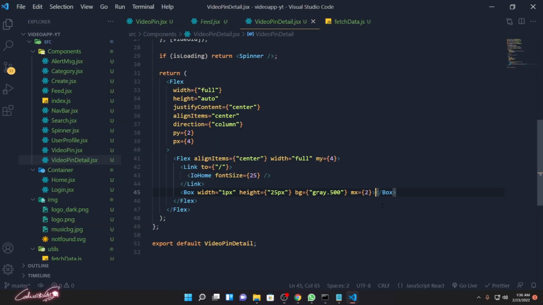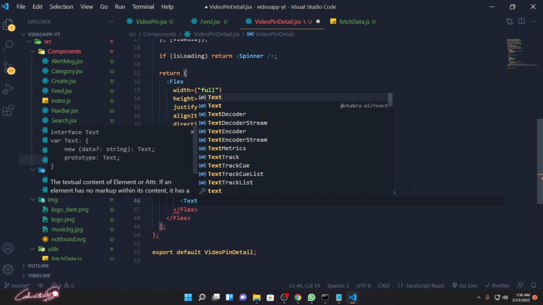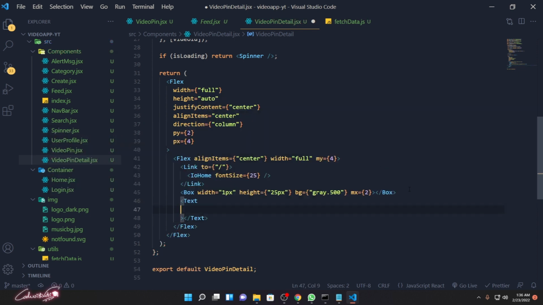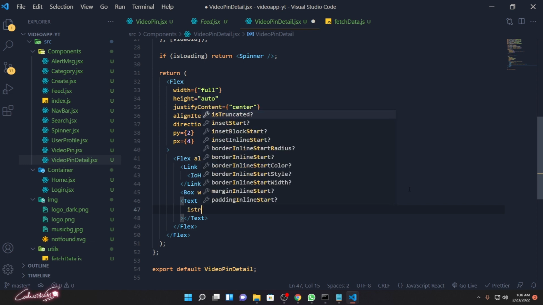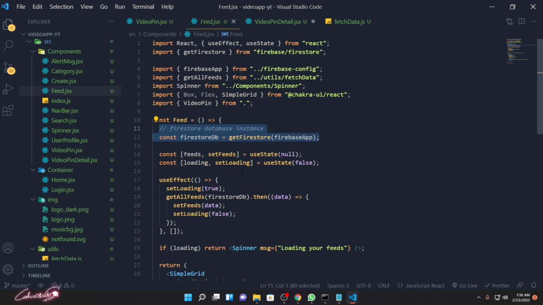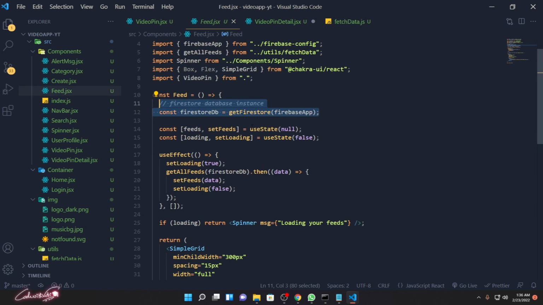Then after this, what I need to do, I need to display the title of that video. So I'm just going to say Text. Let's import it from Chakra UI. And then this is going to have quite a few properties. isTruncated, and color, it's going to use the text color. So I need to bring the color mode also. Where we have that color mode, somewhere we added the color mode. Okay,